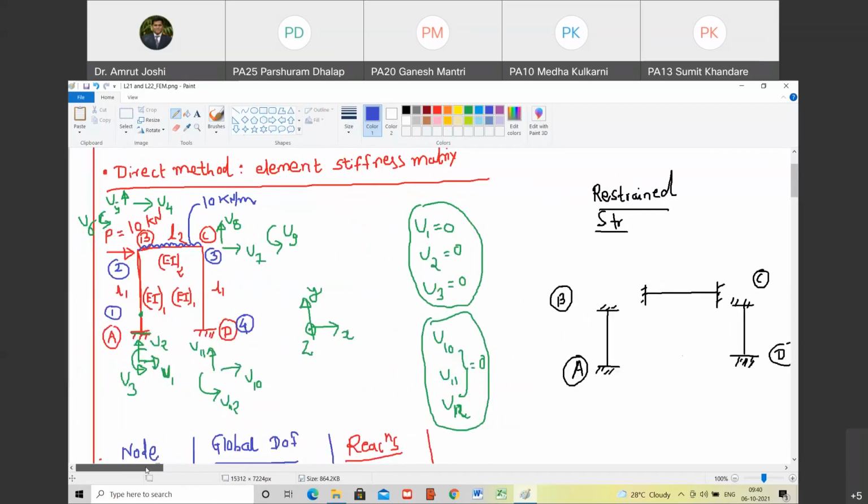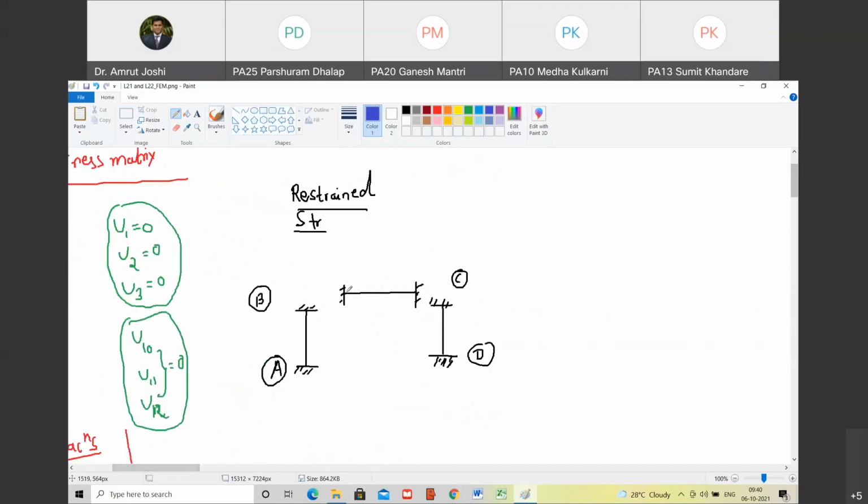So out of that, 10 kilonewton load is a point load, and that is acting at the end of the member. So we do not show the loads that are acting at the end of the members or at the joints. In restrained structure, along with restraining the degrees of freedom, we show only the loads which are acting on the members. Are you with me? Yes, sir. So on the member, we have only one load acting, and that is 10 kilonewton per meter UDL on member BC. Are you with me?